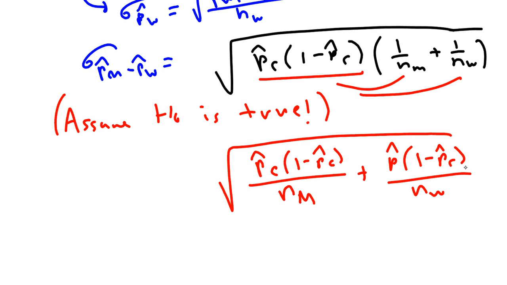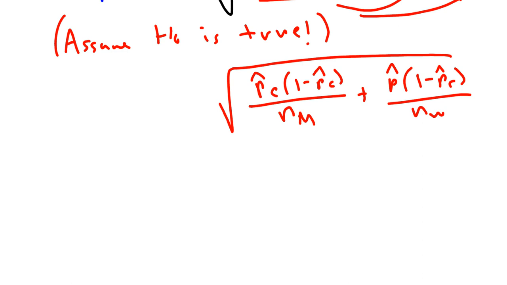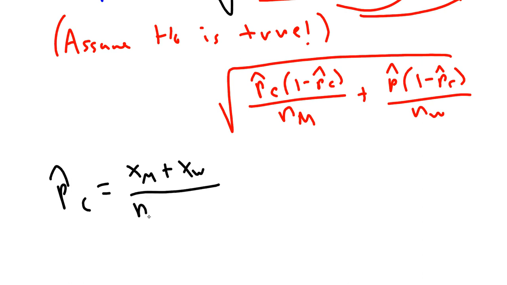Okay, so the question is, why do you do this and what's p hat combined? Well, p hat combined, we'll start with that. P hat combined, I'm going to write as the number of men who said yes plus the number of women who said yes over the total number of men in the sample plus the total number of women in the sample. And the reason we do this is because we're assuming that the 2 proportions are equal, like H0